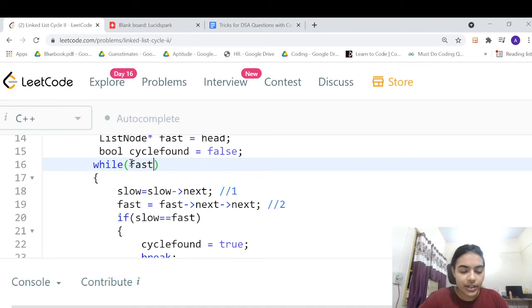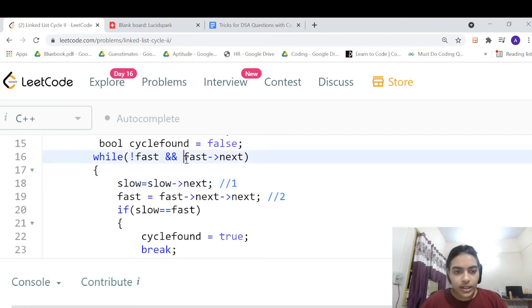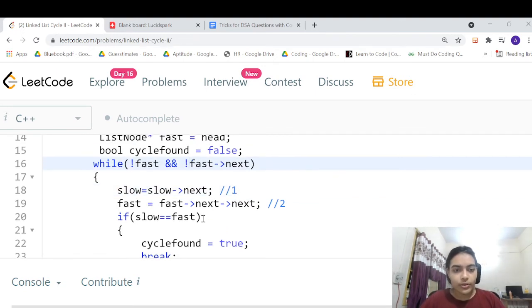So you should definitely give that while fast. Fast should never become null. Also fast next should never become null, because if the next of fast is null, then you will never be able to find the next of it. It will give a segmentation fault. So you should also give this.